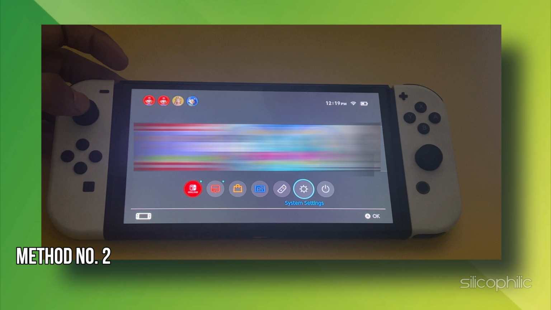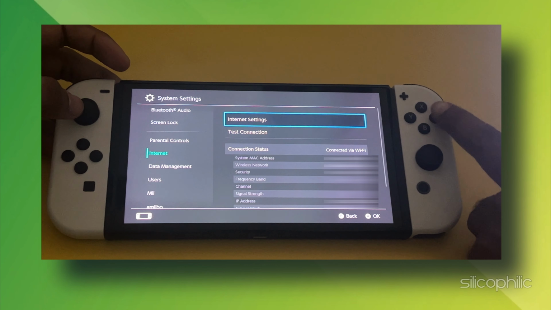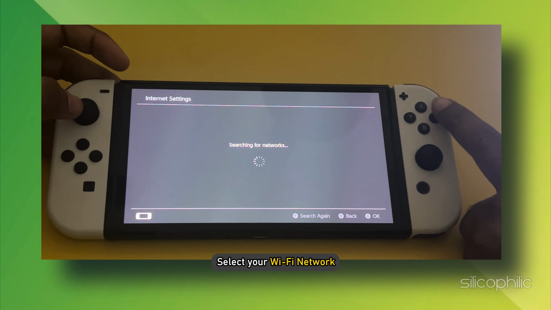Method 2. Enter DNS settings manually. Navigate to System Settings. Choose Internet, then tap on Internet Settings. Select your Wi-Fi network. Choose Change Settings. Scroll down to DNS Settings and select Manual. Enter the primary DNS as